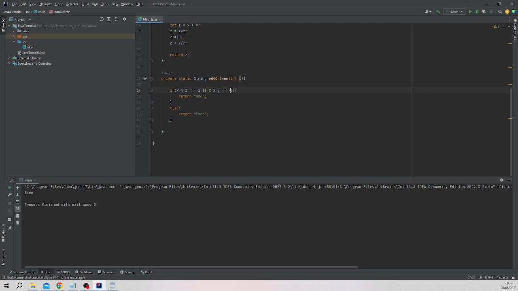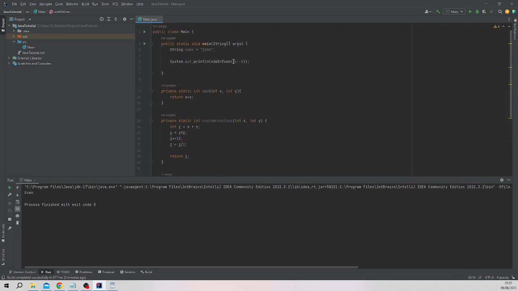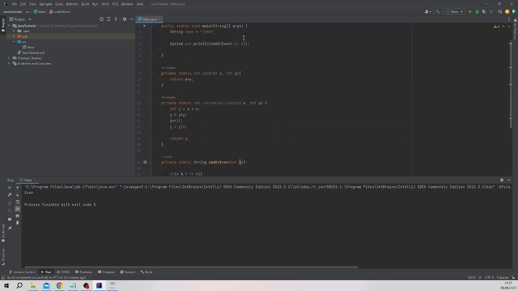If it's not 0, then it's odd. Which, in fact, looking at this from a software engineer's point of view, you'd probably want to say x modulo 2, sorry, what am I talking about? If it's not equal to 0, then it's going to be odd. Everything else is going to be even, okay? So let's try that again with -4. We're expecting that to be